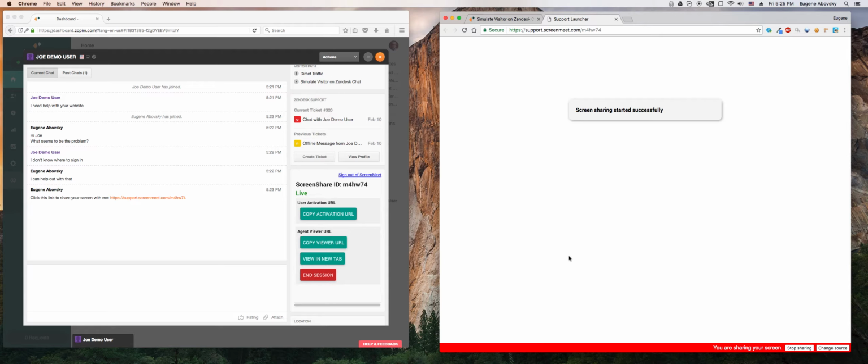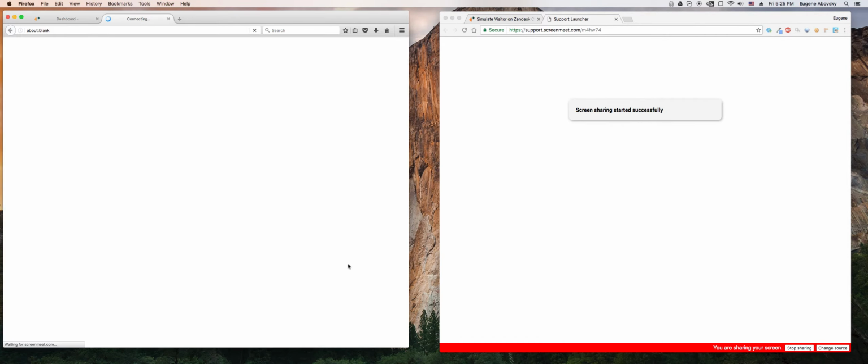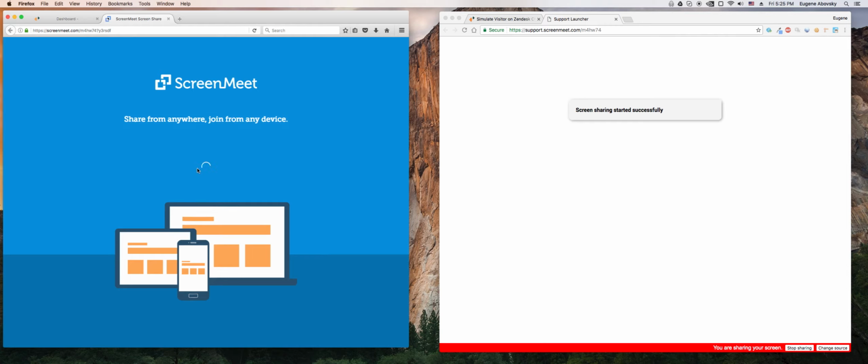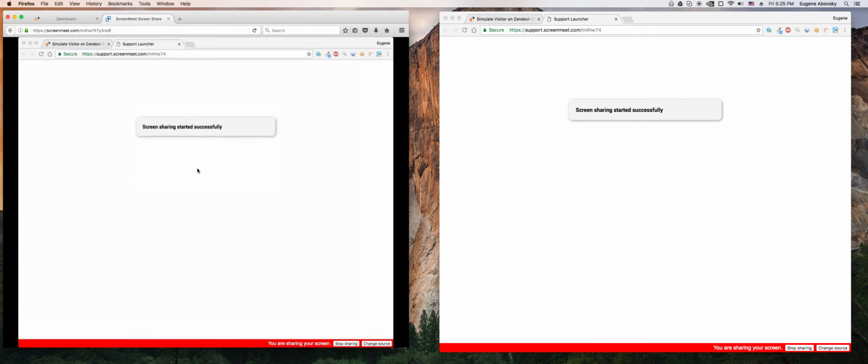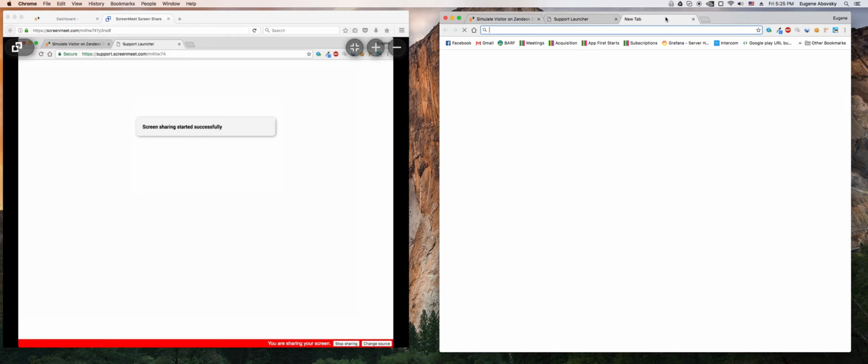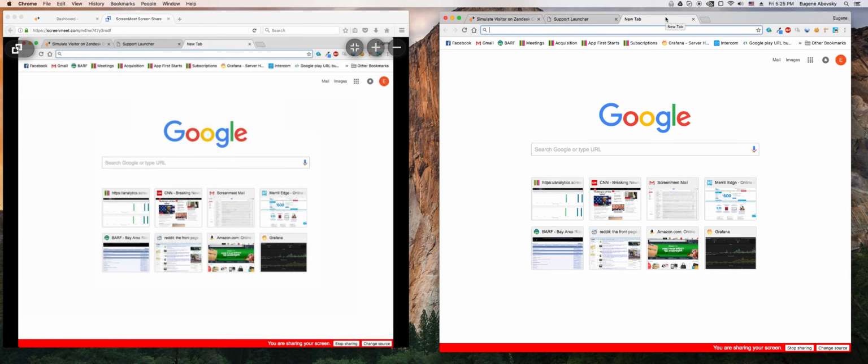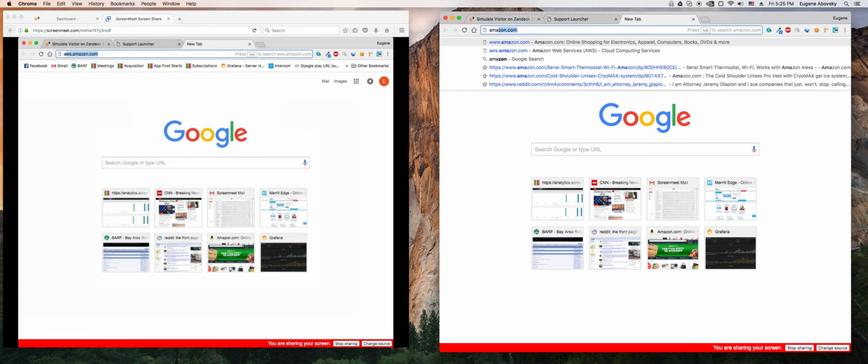And now you see several things have happened. One, as the end user, I see this red bar at the bottom that says I'm now sharing my screen. And for the agent, this panel has changed now that the session is live, where the agent now has the ability to see whatever the end user is screen sharing. So let's click on View in New Tab, and this will open the agent's view into what the user is doing. So now if I use the web as the user or do anything in this window, so maybe I'm on Amazon.com,